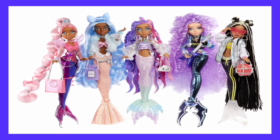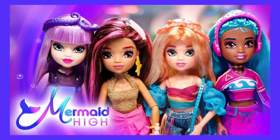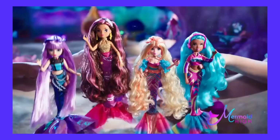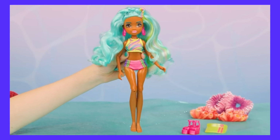While a completely different concept than Mermaid High, the dolls featured glass eyes, saran hair, more articulation, and a molded-on tail that would change when placed in cold water. Honestly, when compared to Mermaids, I really prefer the more cartoon looks of Mermaid High over the more realistic glass eyes of the Mermaids dolls. I also thought that the Mermaid High characters had more of a unique style to them than the Mermaids ones did, and while many will argue that they preferred the removable tail of the Mermaid High dolls, I think that